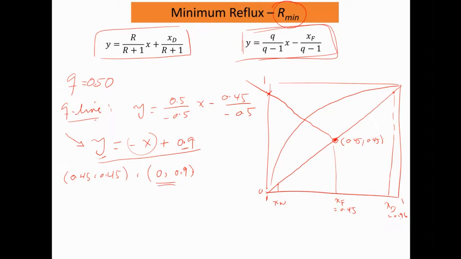Some other people will say, instead of having 0 and 0.9, I can have another point, maybe let's say 0.3. And what would be this one? If you choose x to be 0.3, what would be y here? Any idea? If we choose x to be 0.3,